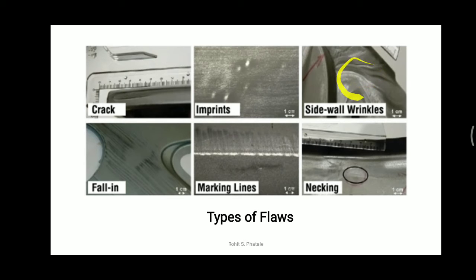So these are the wrinkles portions, because of that the surface finish of the product, or surface finish of the metal, is not as good as we want. Then some necking phenomenon is there. Then the marking lines are there because of the machining process. What happens when we do some markings? Because of those markings, some surface roughness can be caused, or fall in. So these are the types of defects or flaws that can be seen on the workpiece.